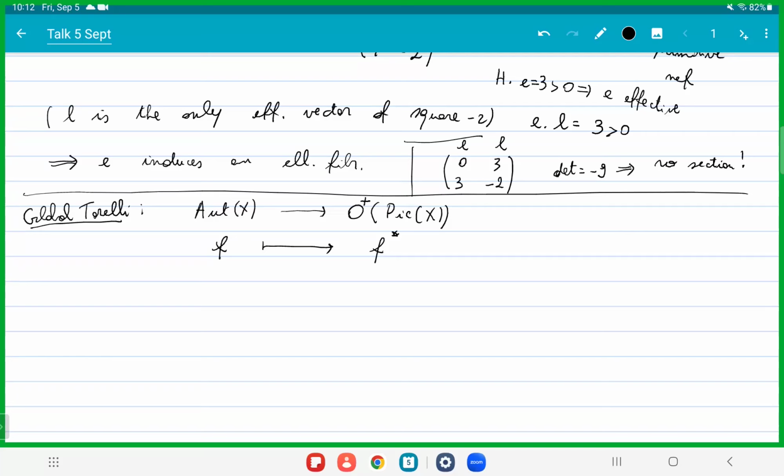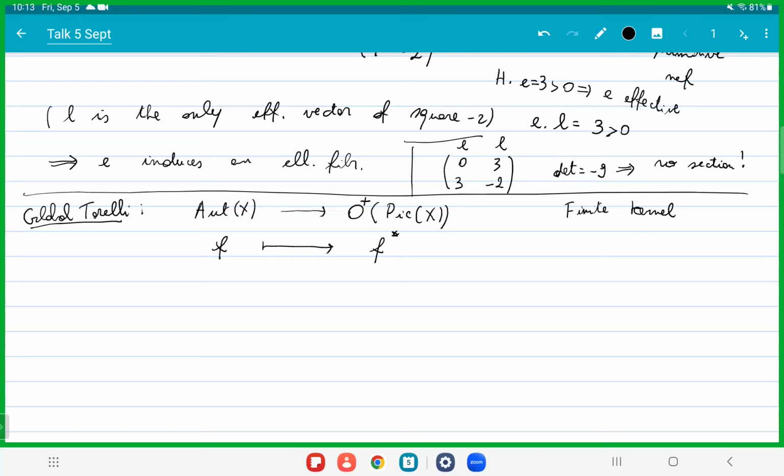This is pretty easy. We take an automorphism f, and we associate the action of f onto the Picard lattice. It preserves the Picard lattice, it induces an action, and of course it preserves the intersection form because it's an automorphism. And not only that, this is a positive isometry. I'll be more precise in a second about what this means. It's simply an index 2 subgroup because we don't want minus the identity here, right? No automorphism will induce minus identity on the Picard lattice, right? But you're free to ignore this plus for a second. I'll come back to this.